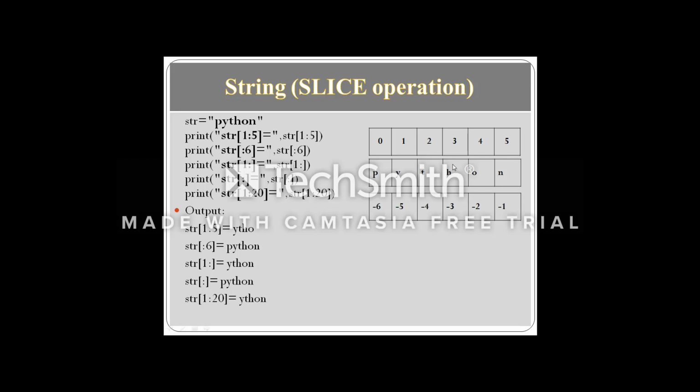Again, here you can also access a character using negative indexing. To calculate negative indexing, you have to consider the last character as the first character while accessing a particular character. Since here -1 is the index value for n, -2 will be the index value for o. Likewise, -6 will be the index of the last character, where T is stored.